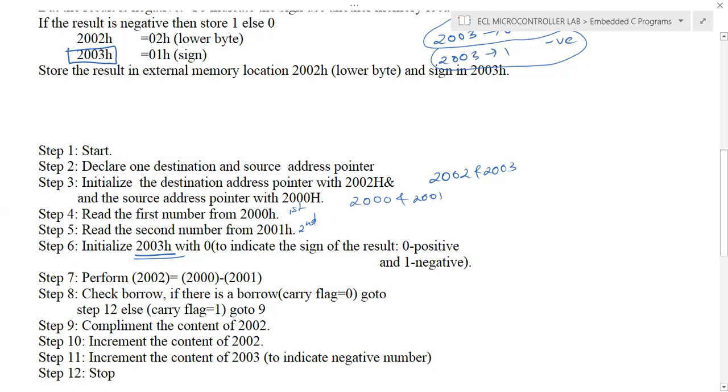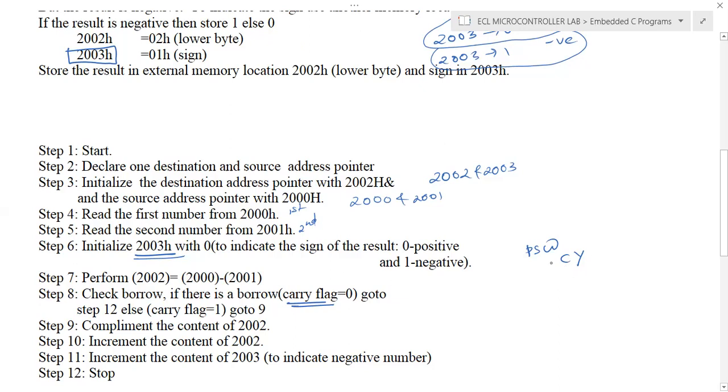Now we need to convert this result into normal form, or we need to verify whether the result is positive or negative. And in order to check that condition, we will use the carry flag in 8051. The PSW register contains a flag called CY. The carry flag is used for the addition and subtraction operation.